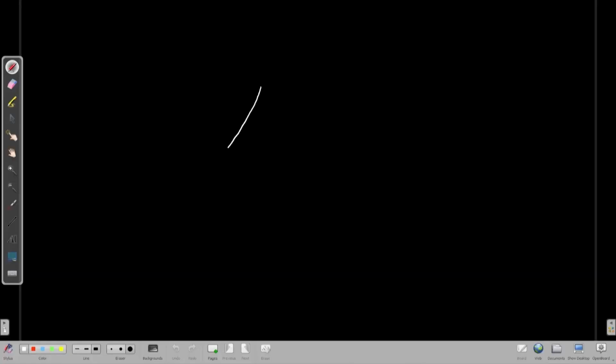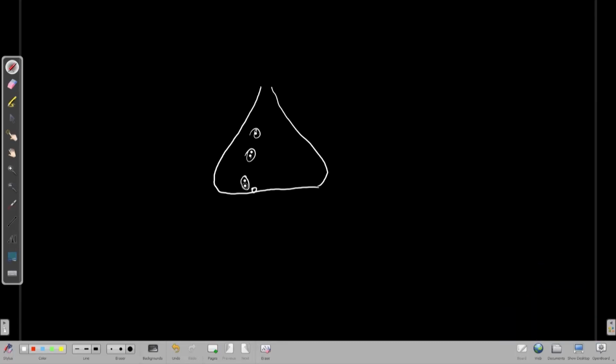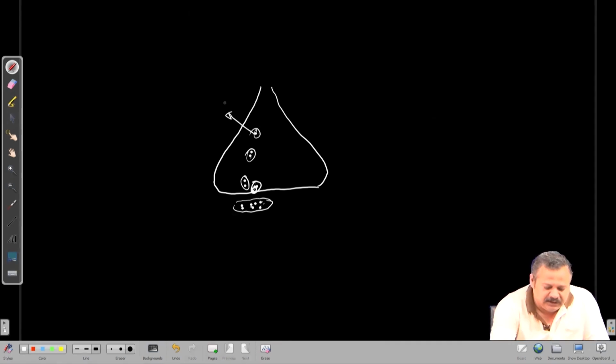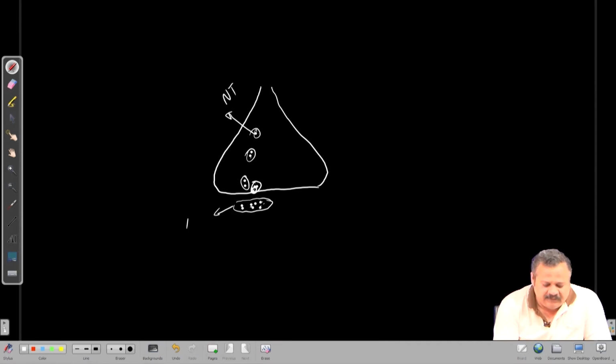In the presynaptic terminal, if we draw like this, we have vesicles that we call the recovered pool of vesicles. Then there is some that is in the effective pool. So this is actually neurotransmitters in the recovered pool. This is the effective pool,